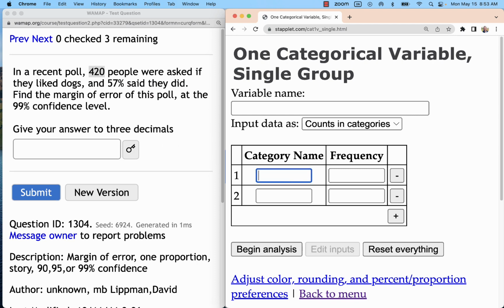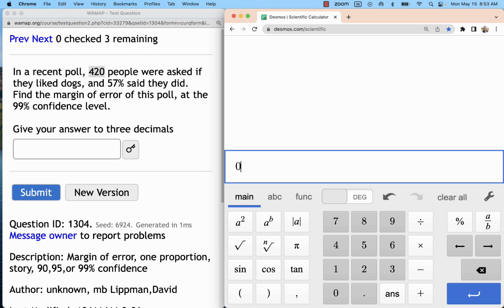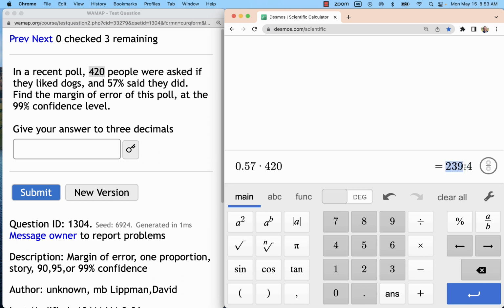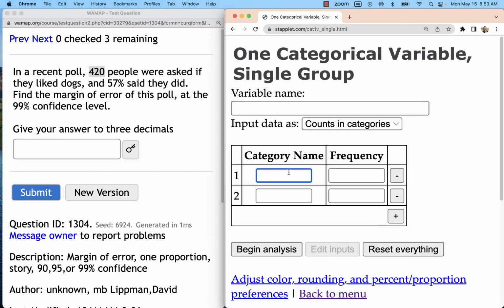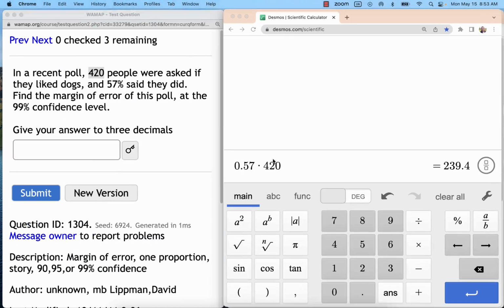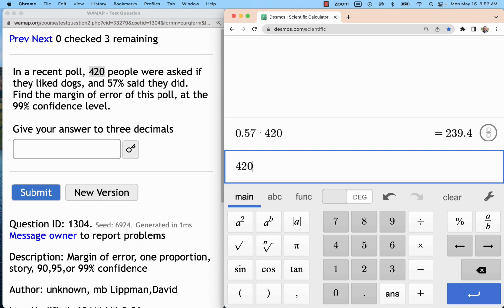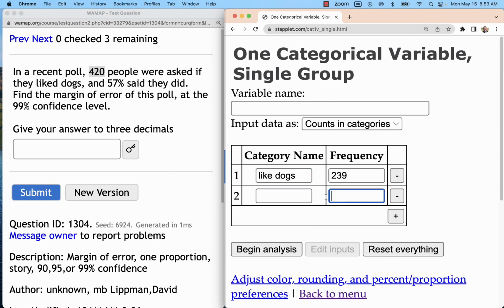We have 420 total. 57% or 0.57 times 420 are the proportion that said they like dogs. Now that doesn't come out to a round number, so we need to round it so that it's a whole number. We can't have 4/10 of a person. So that's 239 people who like dogs. And the remainder, 420 minus the 239, is 181 who, I'm going to say